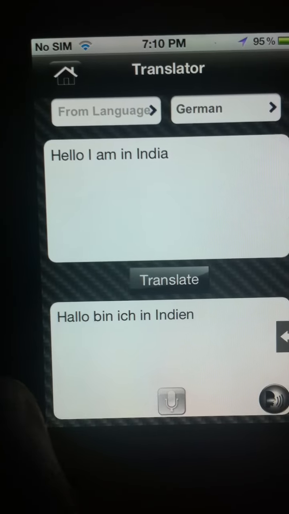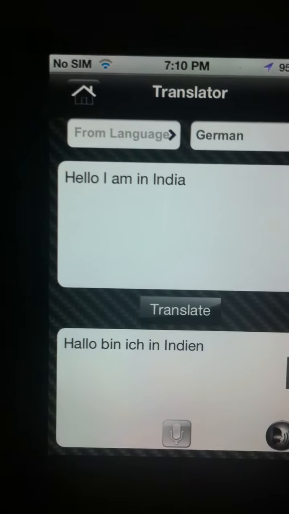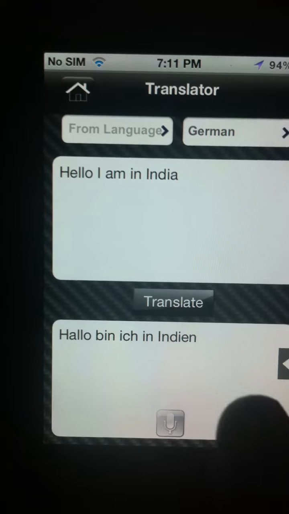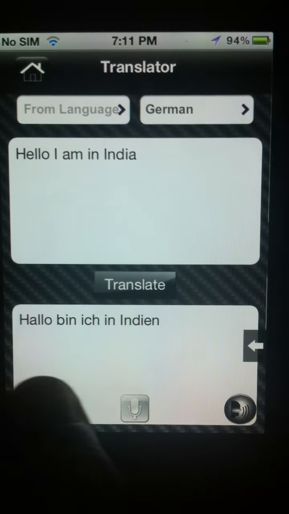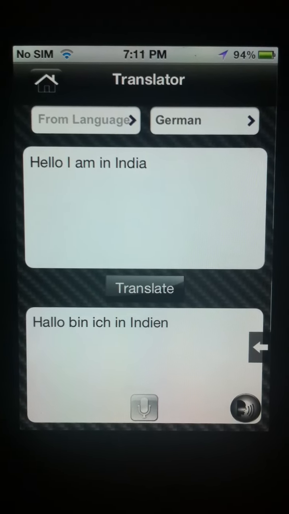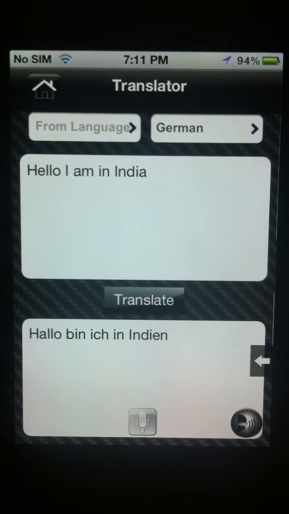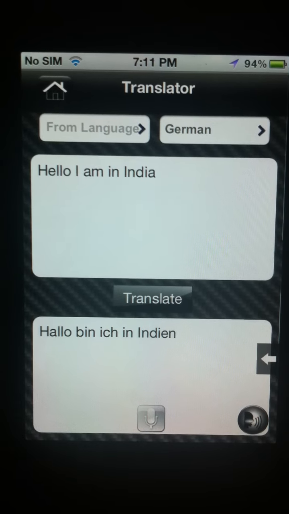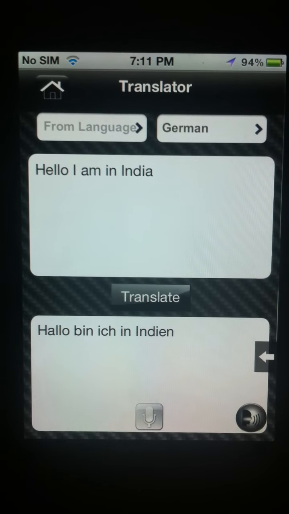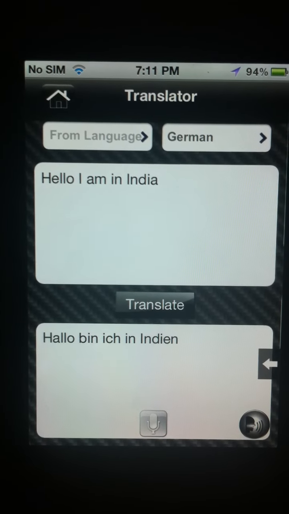So it has shown the translated text in the lower text box. So if I am not able to read the local language words, I can just have a pronunciation played back to me, or I can listen. I can have a